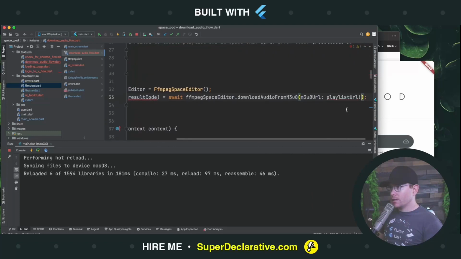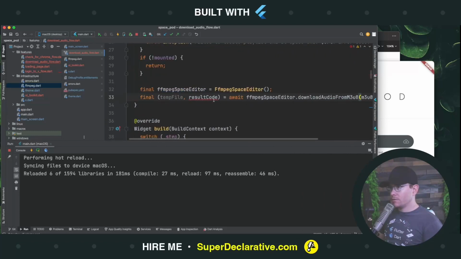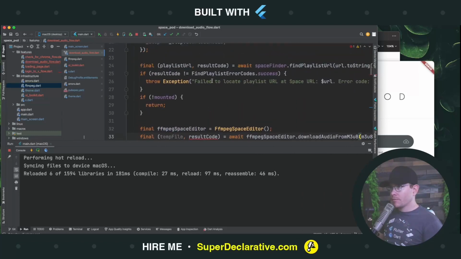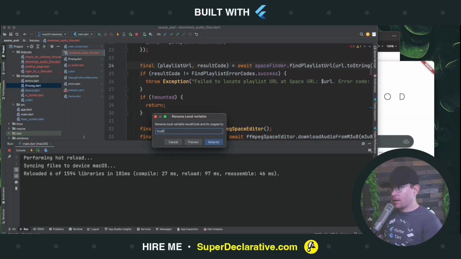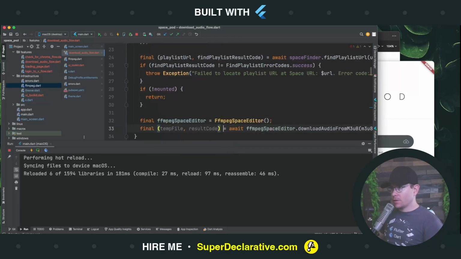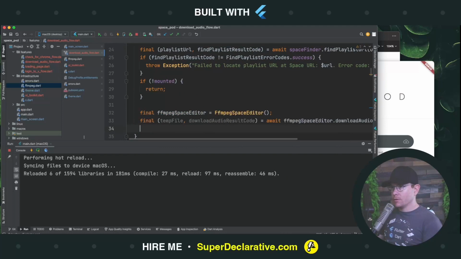Okay, we know it's not null because we didn't get an error code. Let's rename result code to find playlist result code. And this one down here is now download audio result code. And we're going to kind of repeat our pattern here. If download audio result code is not equal to,